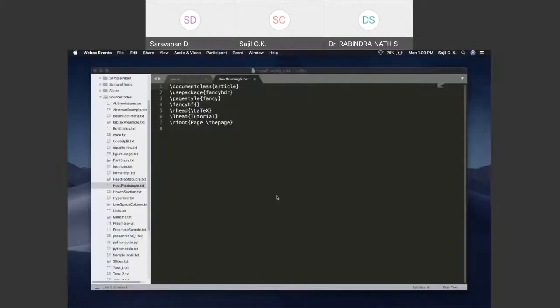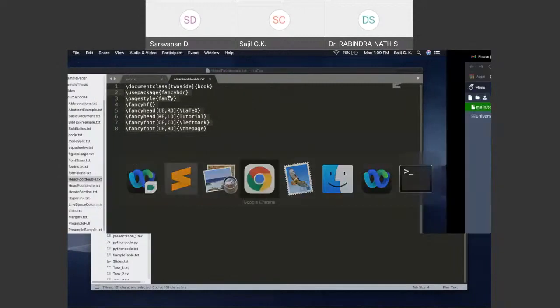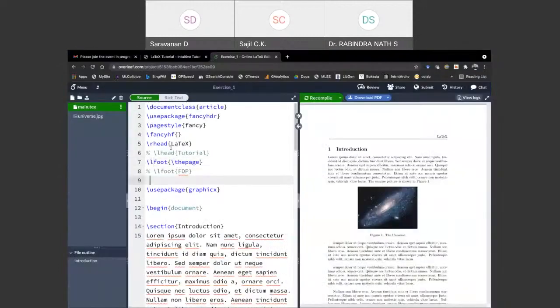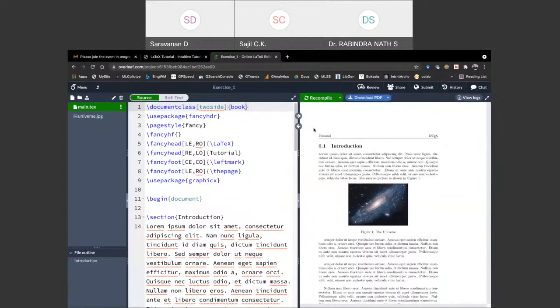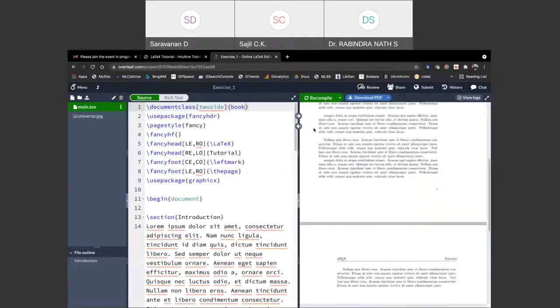Let me try to show you that example. Need to change it into two side. See, here you can see the change.